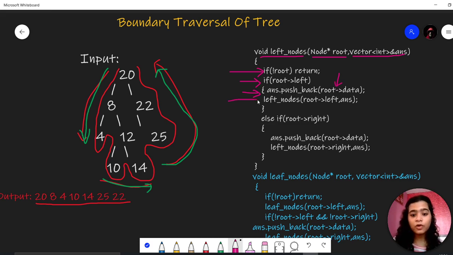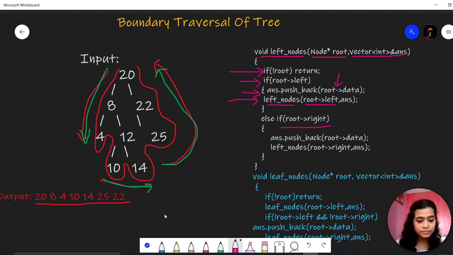And then we have to call this function recursively for root's left. And if root's left is not existing, we have to check for root's right.